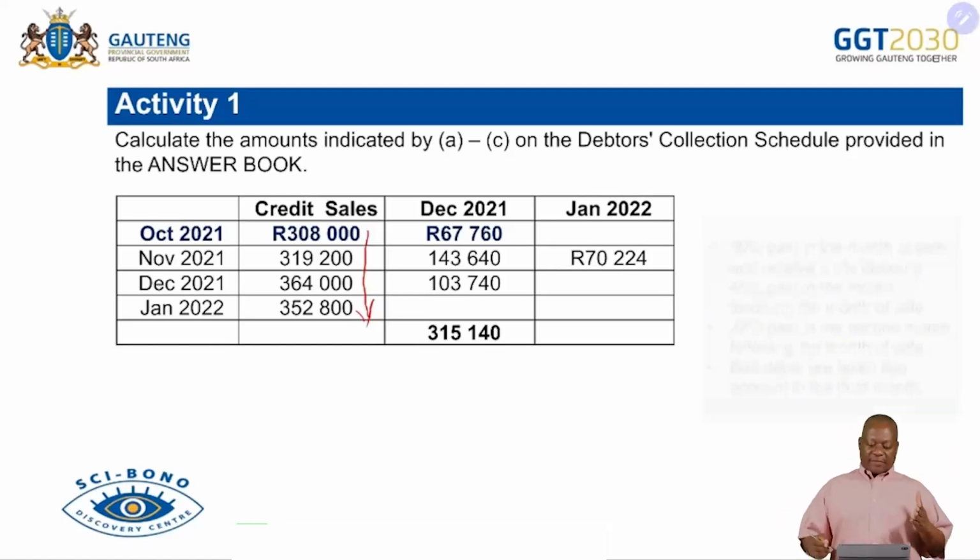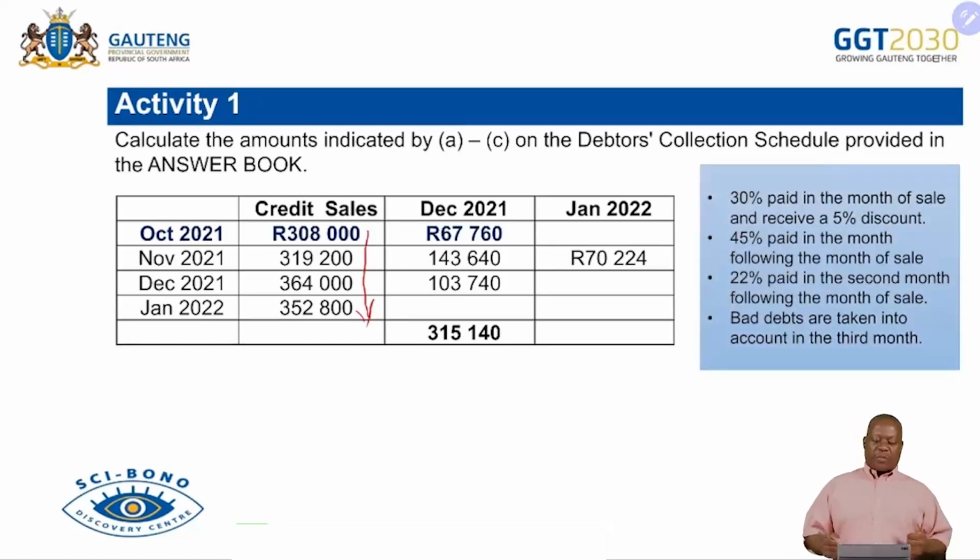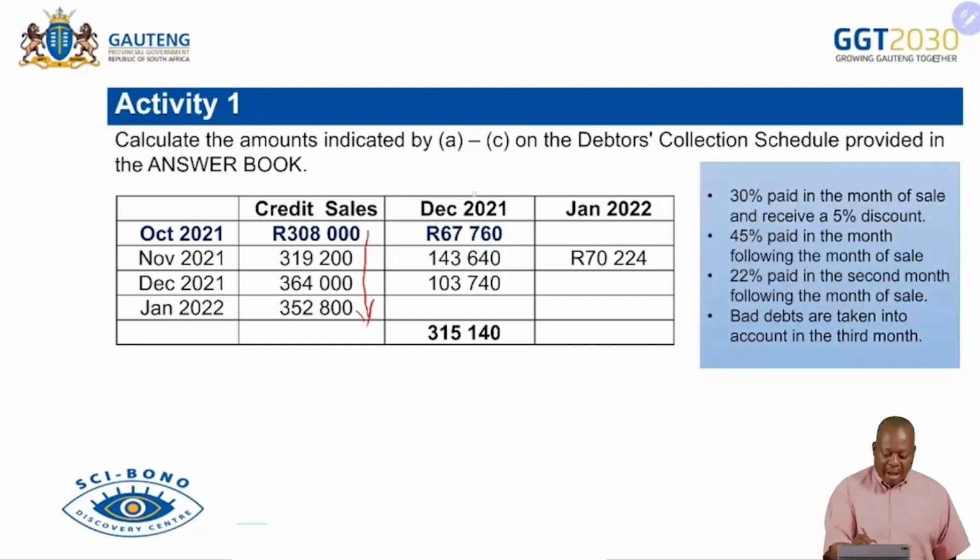So that is very important information that we are given. And now they are saying here, when it comes to payments, 30%, 45%, 22%. Take that. Very important. And then what you need to know is, when it comes to collection in the month of December,